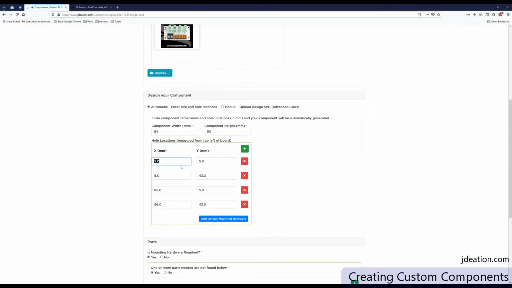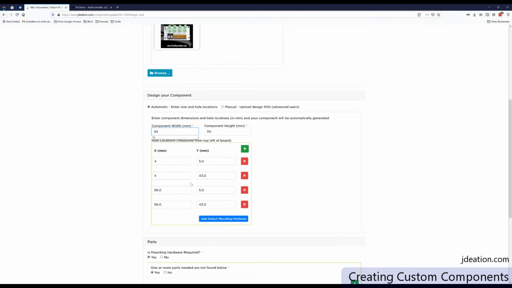So we said that this first hole we wanted to subtract 1 millimeter, so we're going to change that to 4. This is the top left hole. This is the bottom left hole. We also said we wanted to subtract 1 from... Oh, I forgot. The overall board, we said we wanted to subtract 2 from the width, so we're going to